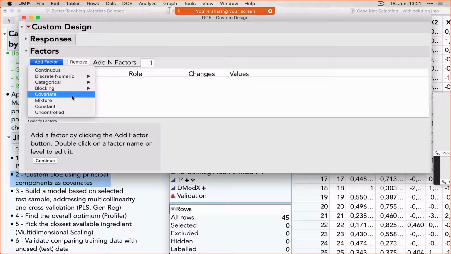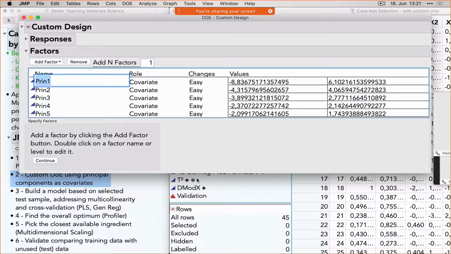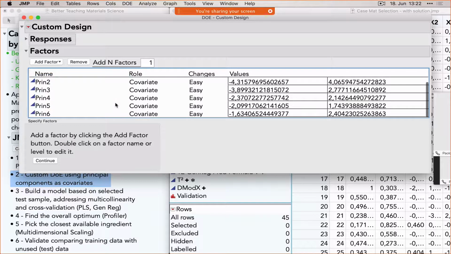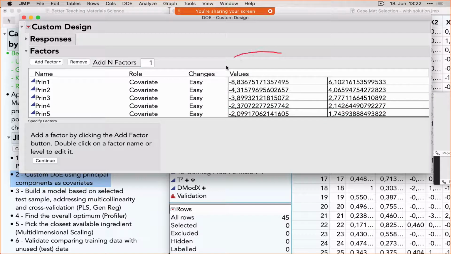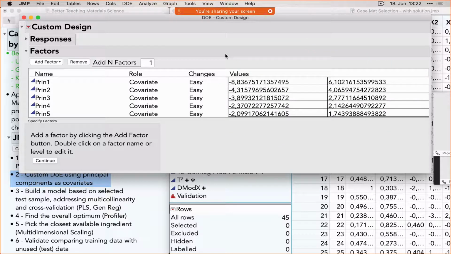And what I do is I choose covariates, and then I pick the 6 principal components. So now we have the principal components chosen as factors, and these are not the low and the highs. These are the values which are already in our data. So we cannot control them. We have to take them as they are. And now I continue,